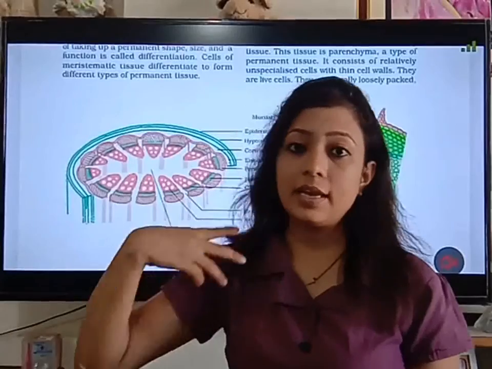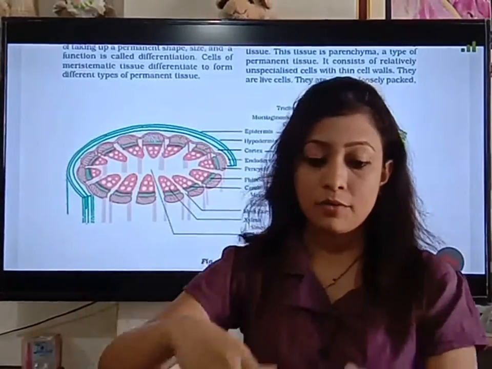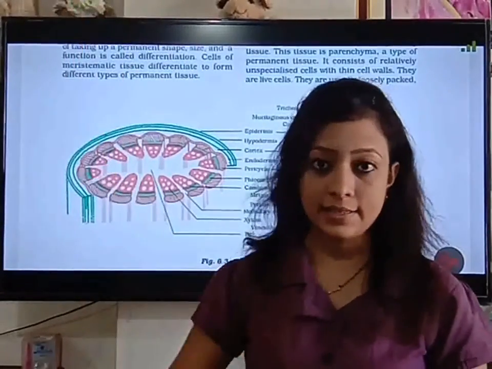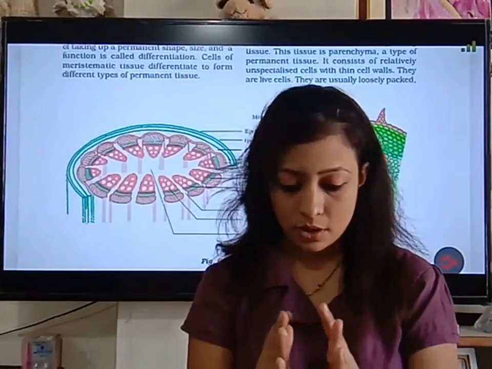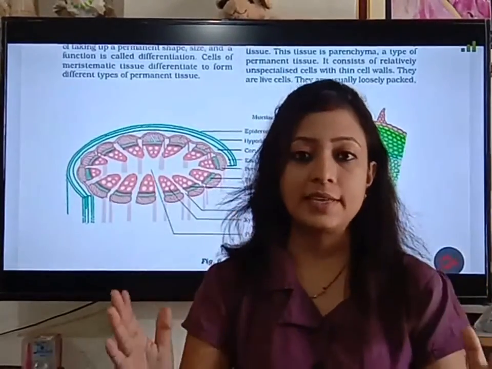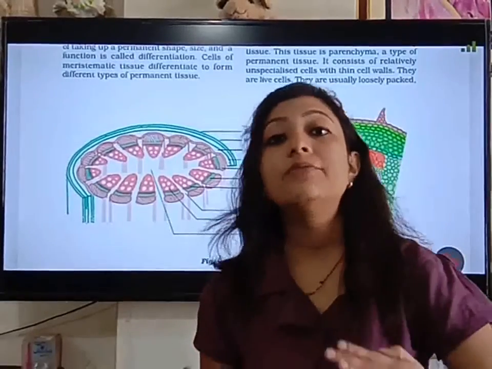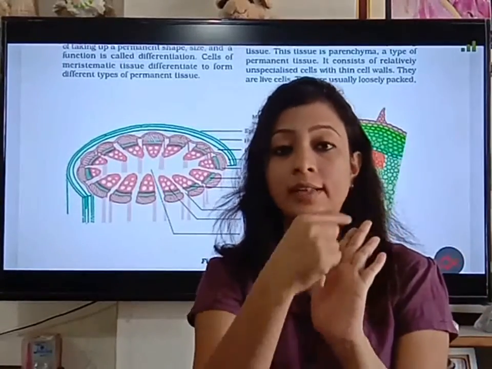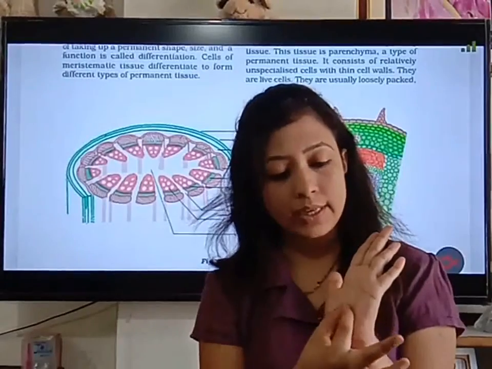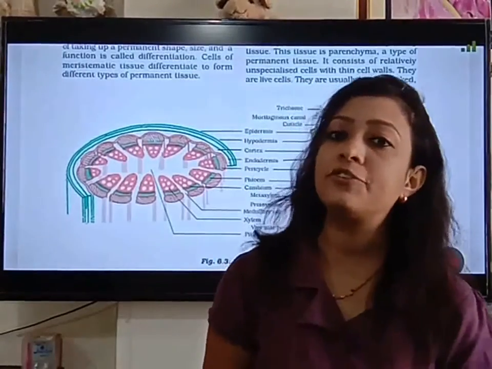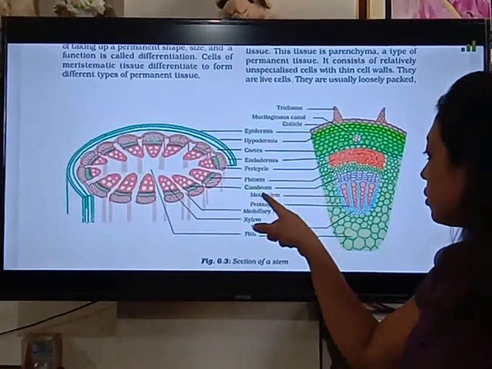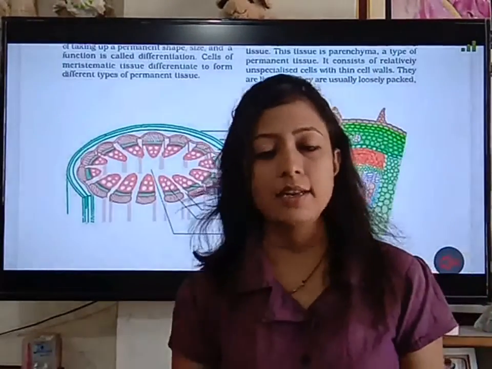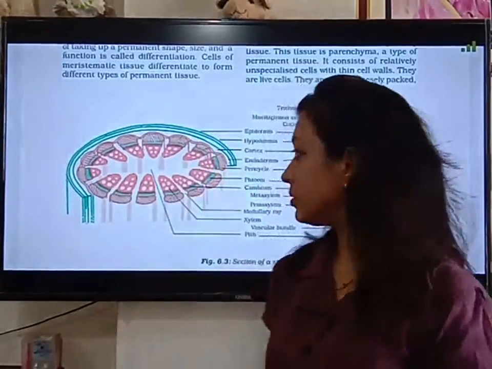So cambium is cylindrical. From root up to the leaves it is there, and it helps in increasing the diameter of root, diameter of stem and diameter of leaf midrib. The line inside the leaf is called leaf midrib. So it increases the diameter of leaf midrib, stem and the root. So this is the function of cambium as it contains the meristematic tissues.